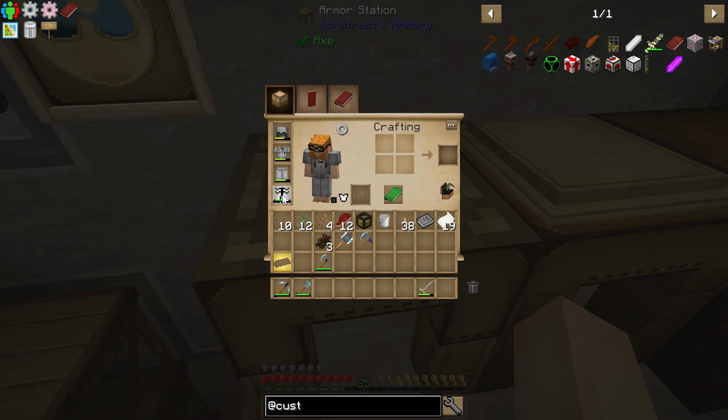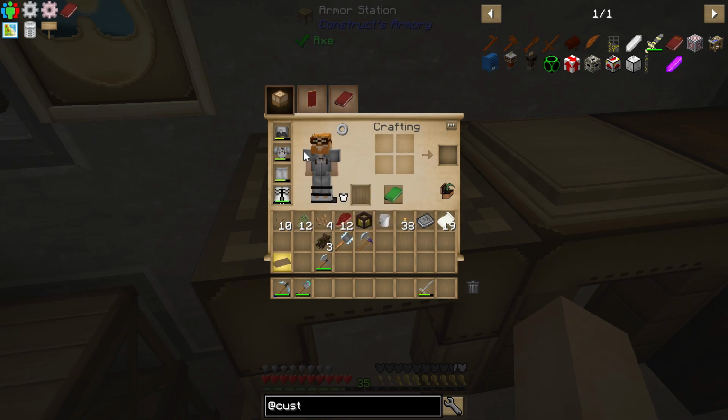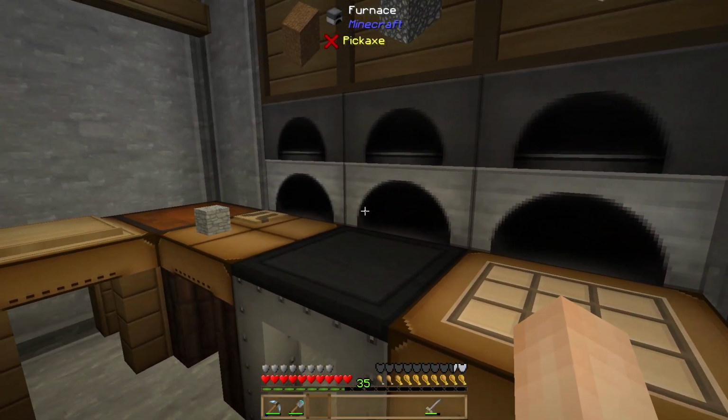I made some long fall boots. These are actually pretty cheap. It's 2 iron, 2 diamonds, and 2 obsidian, and these long fall boots actually negate your fall damage completely, which is really cool. And they're going to work out good for something else we're going to take a look at. But right now I've just got some cheeseoid iron armor, so let's go ahead and take a look at what